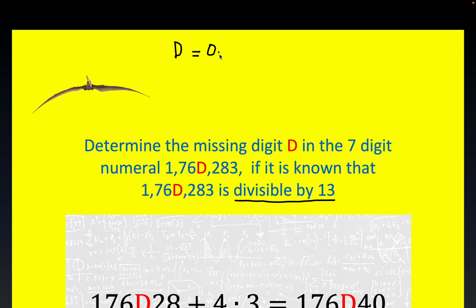Now, y'all, this is base 10, so of course the possible digits for D would be 0, 1, 2, all the way up to 9. Base 10, that's how many digits you have. You have 10 digits starting at 0, ending at 9. Now I'm going to show you, there's more than one approach here, of course, like there are many math problems,